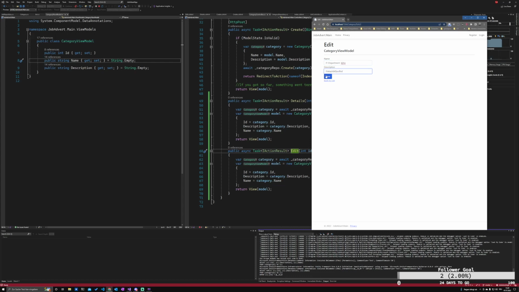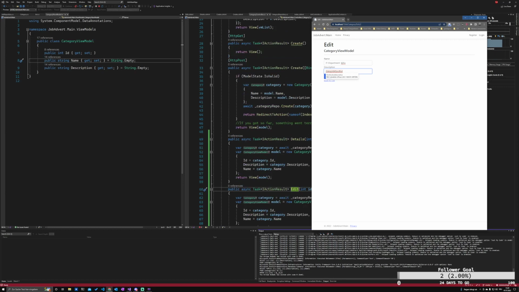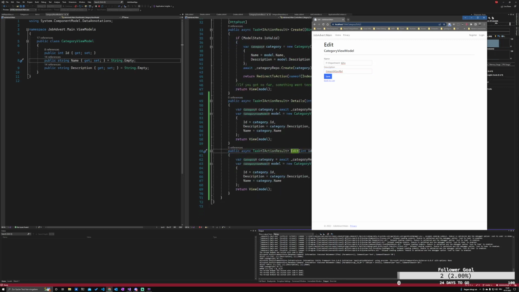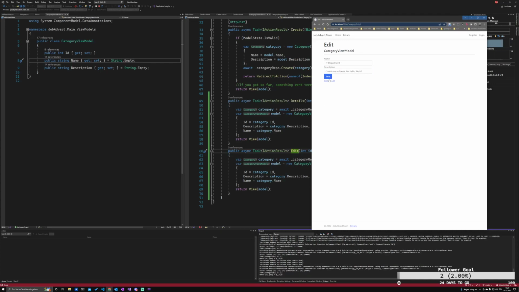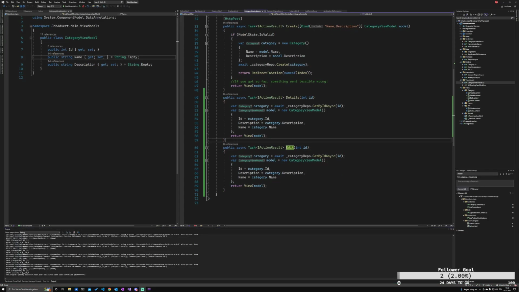But when we hit save, there is no HTTP post method which is expecting exactly that, so it won't go. It's just reloading the same page. Look, I do that again and again and again. It's doing all the same. It's nothing to our application. We didn't prepare it to expect that. So we need to